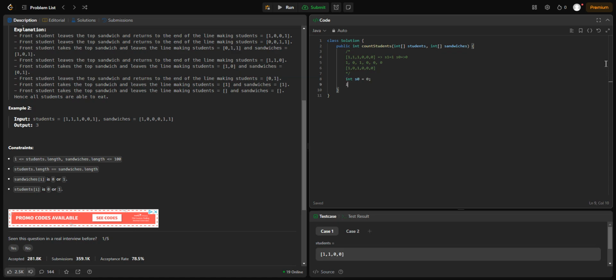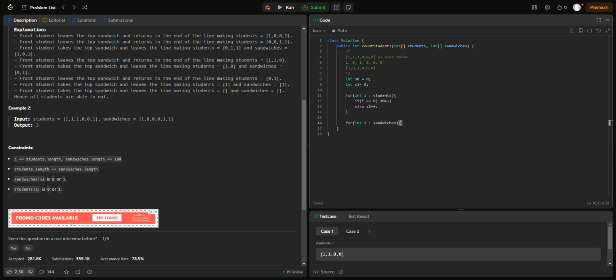We're going to just start with S0 equals 0 and S1 equals 0, and then we'll do, for each integer in the students array, let's say if i equals equals 0, we'll have S0 increment, and else we'll have S1 increment. And then we'll get to the point where we'll have these two fully counted, so we'll have all the students accounted for. And then for each sandwich in sandwiches,